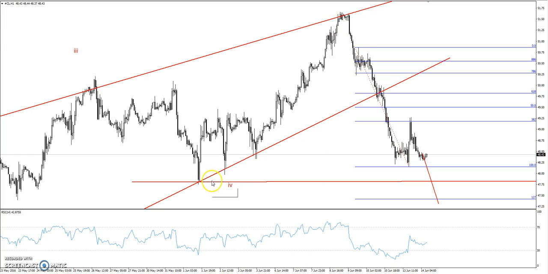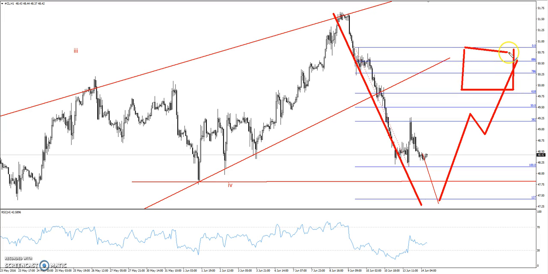Now I have the broken wave 4 or the support area here. The wedge already broke here and we have the impulse wave down. What I will be looking for then is the 3-wave pullback. Then we have a cycle, 5 waves down with a 3-wave pullback. Then I can sell it at the backside of my trend line.